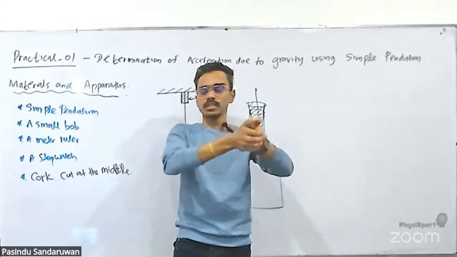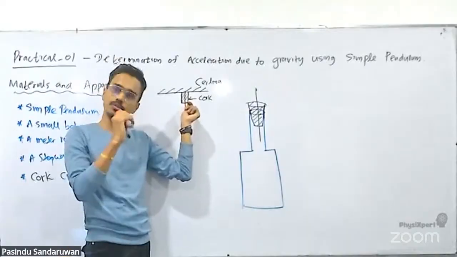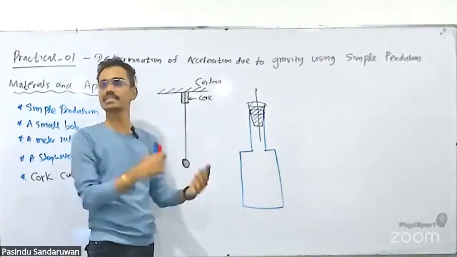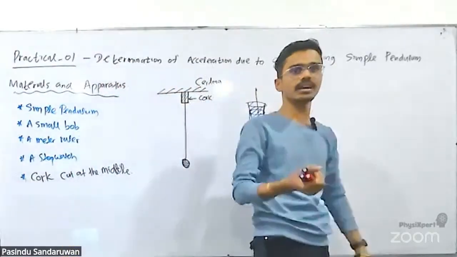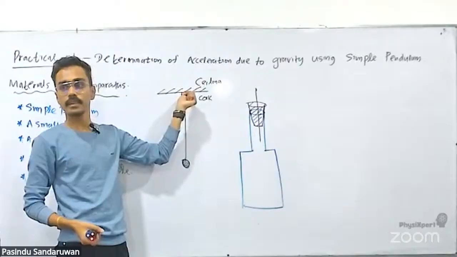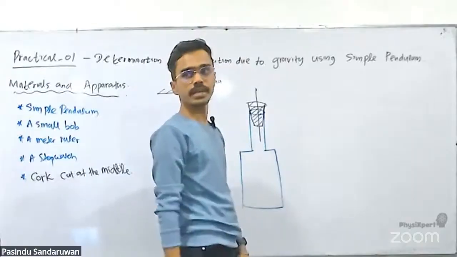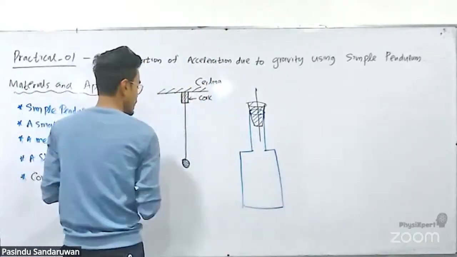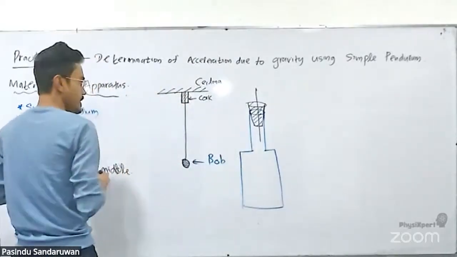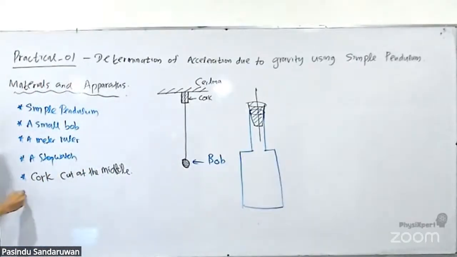The purpose is that this fixed point is actually a fixed point, with no slipping, because only a small cut is needed, just enough for the string to go in. Without a hook, we can't use one. Even if the hook were here it would be fine, right? So this is the fixed point. That's the purpose of using a cut cork, right? All right, and this is the bob, the pendulum bob. And the next thing, which I didn't mention here, is we have to have a locating pin or